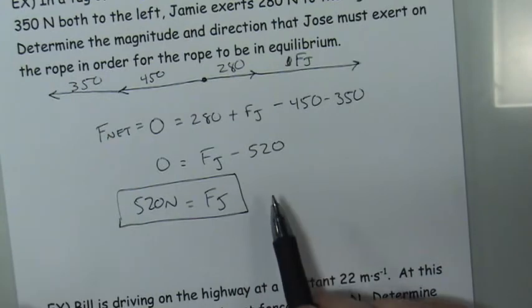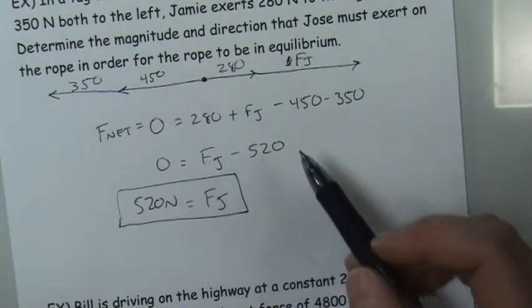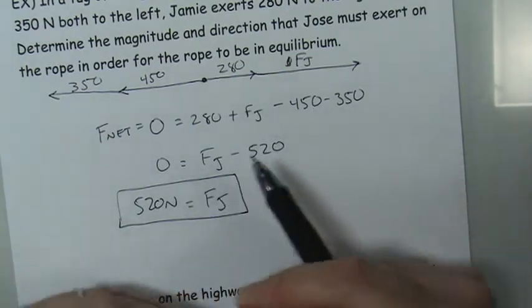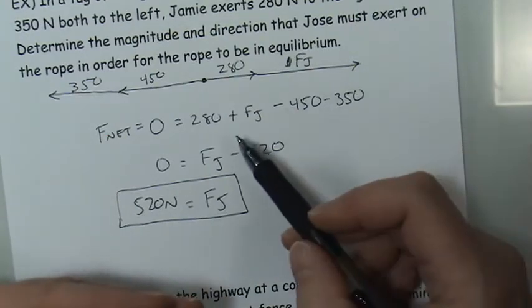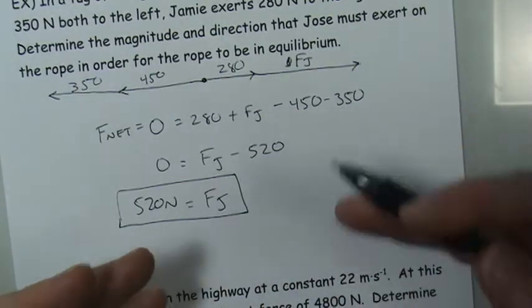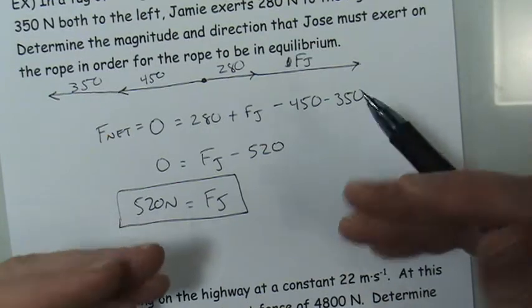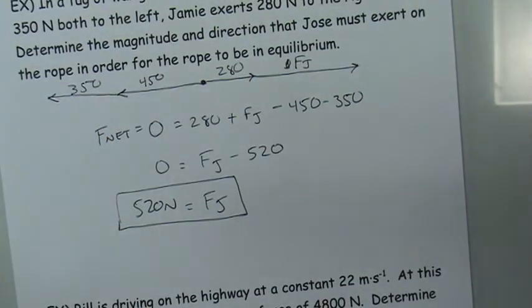Pretty simple problem. I mean, it's really just an addition and subtraction problem, but it requires you to identify the forces and to point them in the correct direction. So while it's not very complicated math, the conceptual side of it is very challenging. These are very difficult problems to make sure that you identify the forces and get everything pointed in the correct direction.